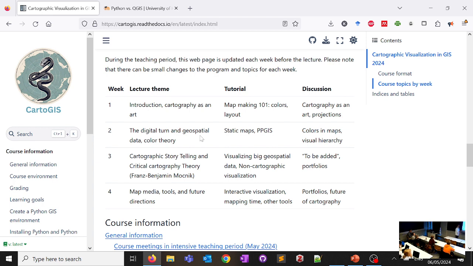So we start making basic maps this week, and one of the themes we are highlighting a lot during this course, and especially today, is to see cartography as an art. This is something we want to highlight during this course, and we will talk a little bit about it today. And next week we will have